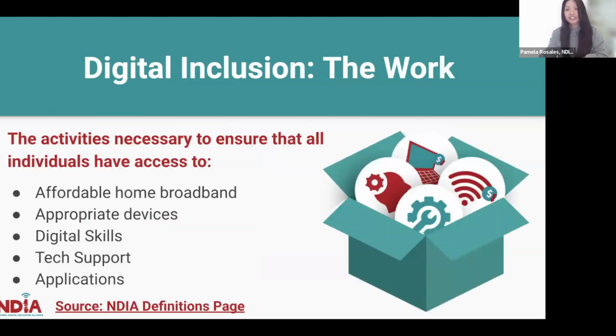And of course, digital inclusion, this is the work. So it's those activities that are necessary in achieving digital equity. That looks like access to reliable and affordable high-speed internet, access to affordable and appropriate devices, providing digital skills training and support. And we're going to go into a few details in the next few slides about what those